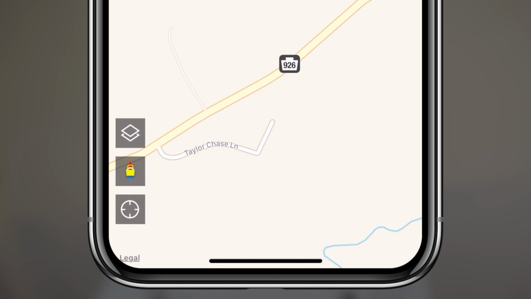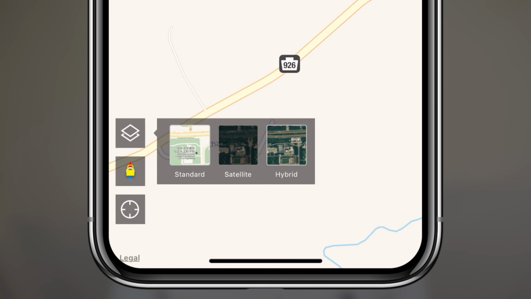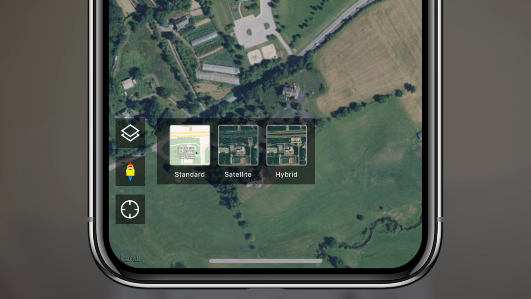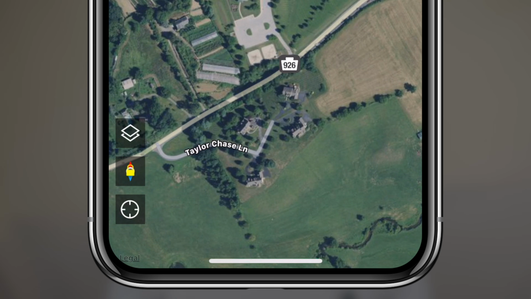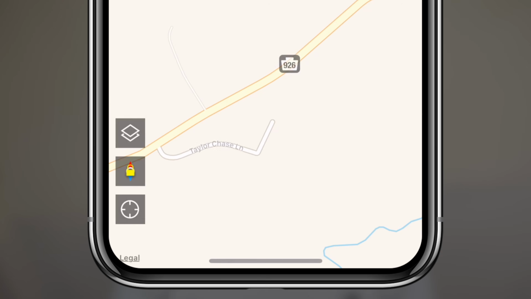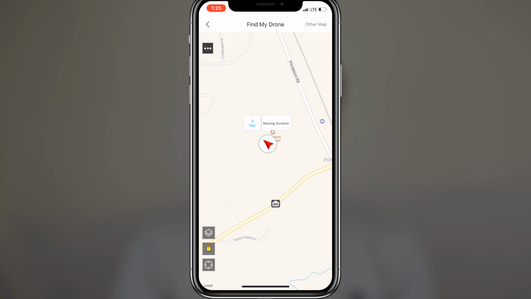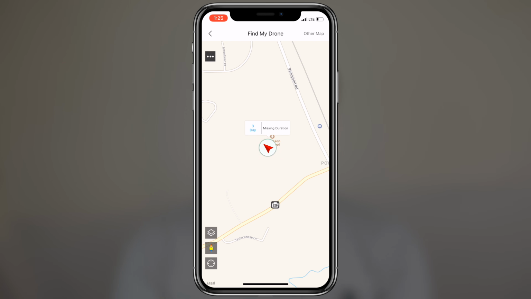Another thing that we can do is change the style of the map by tapping on the icon with 2 squares in the bottom left corner. You can choose a standard map, a satellite map, or a hybrid of the two, like we're used to seeing within Google or Apple Maps. Now finally, if you want to get directions to the drone's location, you'll select Other Map in the top right corner, which will switch maps and tell you how to get there. So the functionality of Find My Drone really isn't the best when it comes disconnected from the remote controller,